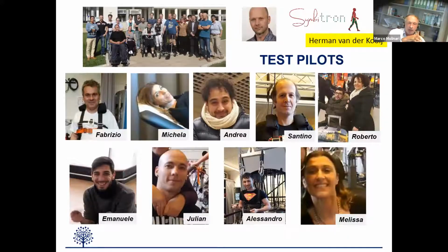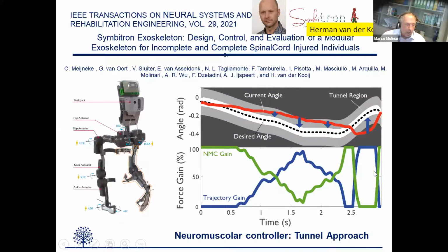These are results from another EU-funded project, Symbitron, which was coordinated by Herman van der Kooij of the University of Twente, in which, since the beginning, in spinal cord injury patients, we had a subject with chronic spinal cord injury involved directly since the beginning of the study in the development of a new exoskeleton. The idea was mainly to develop an exoskeleton specifically for each one of these participants, according to their specific needs. Actually, we didn't succeed in developing 9 different exoskeletons, but we developed a modular exoskeleton